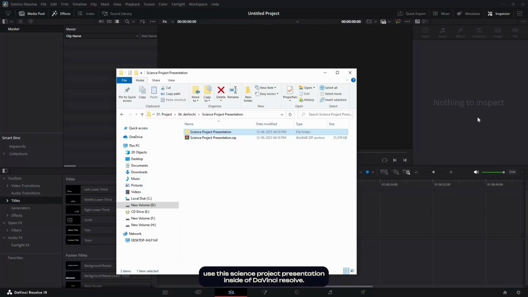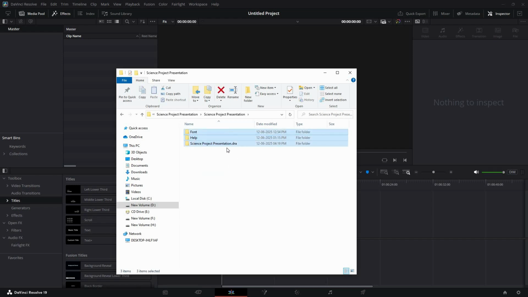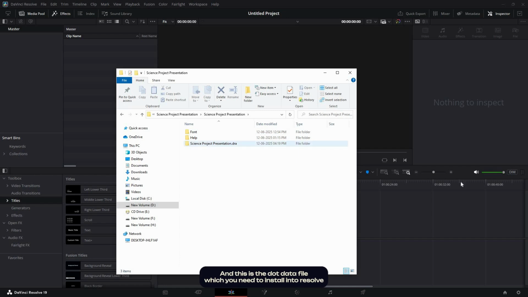So let's see how to use this science project presentation inside of DaVinci Resolve. Once you download this template, you will get this zip file. Now just unzip it and you will get this folder over here. Let's open that up and you will find these folders inside it. And this is the .dra file which you need to install into DaVinci Resolve, which I will show you